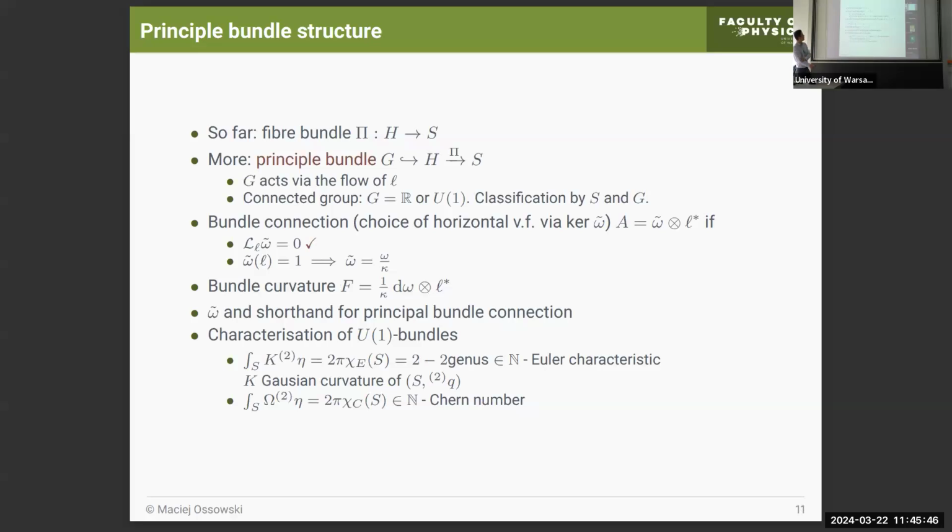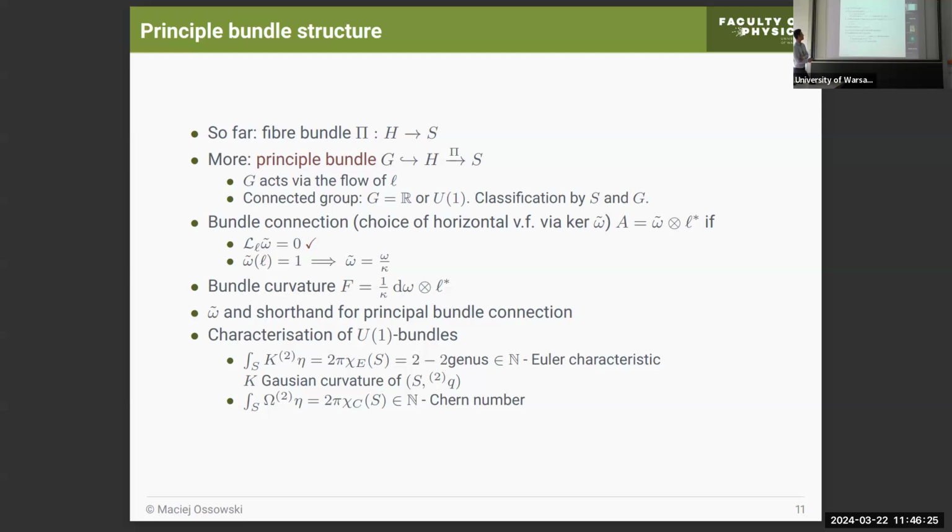So far I have told you that those horizons that we consider have the structure of a fiber bundle. However, a stronger statement can be made: this is actually a principal fiber bundle, where the action is, of course, what we expect. It's generated by the flow of this null field. Because this is just one-dimensional, it's either translations or rotations. So this gives us a possible way to start classifying those horizons, and we can check some